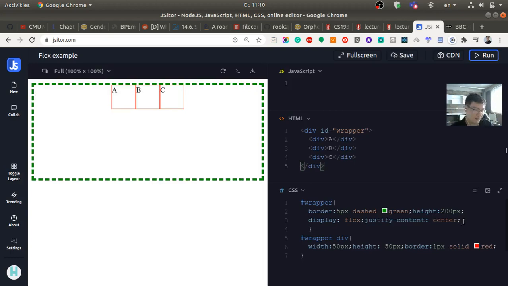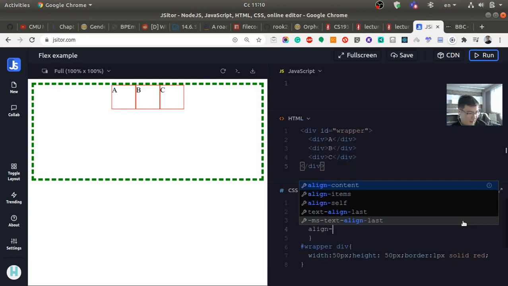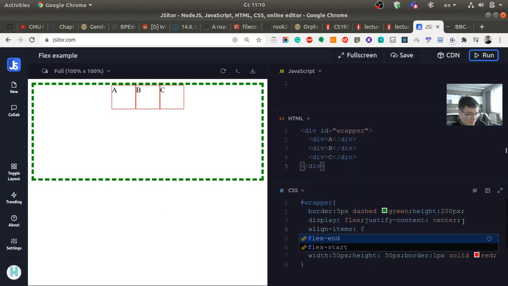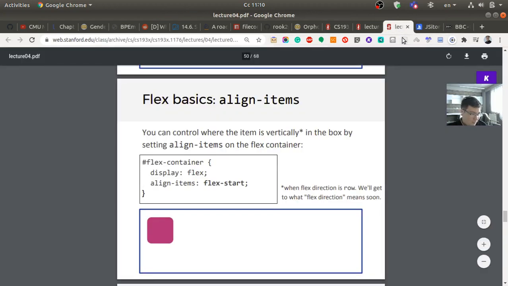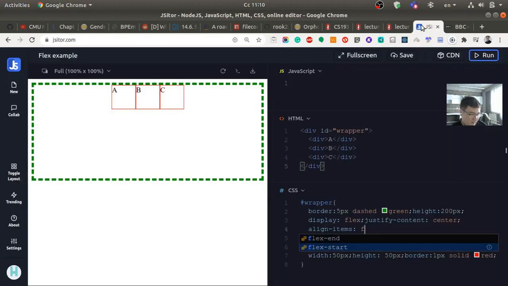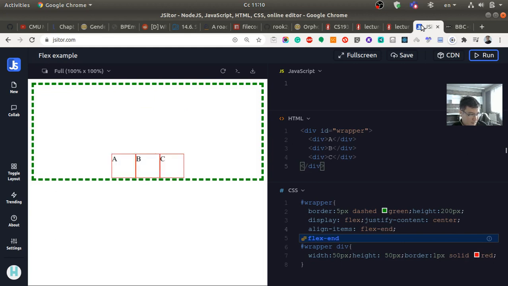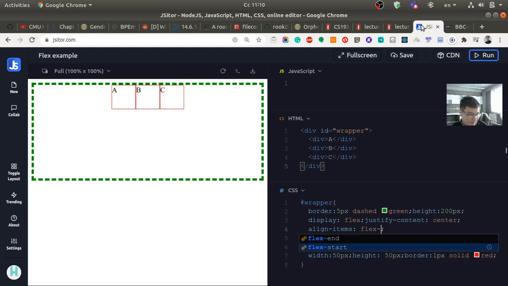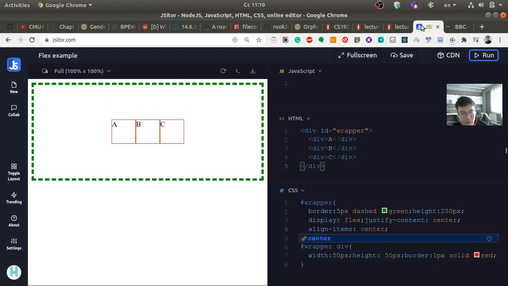Also, we have align-items. Okay, let me see what the differences are. Flex... okay, also flex-start. Or change it to flex-end. And flex and center. So now if you want to center the items in the middle, you can use this one, align-items center